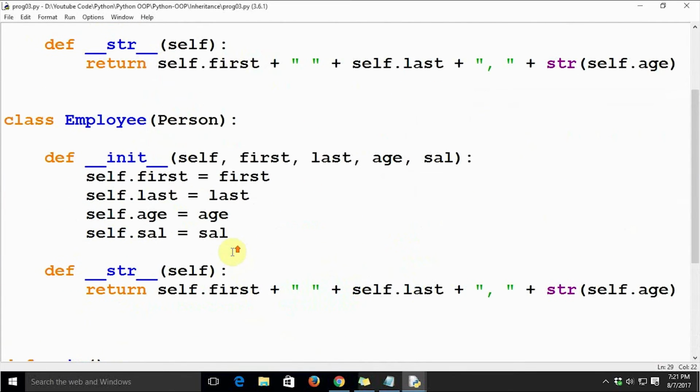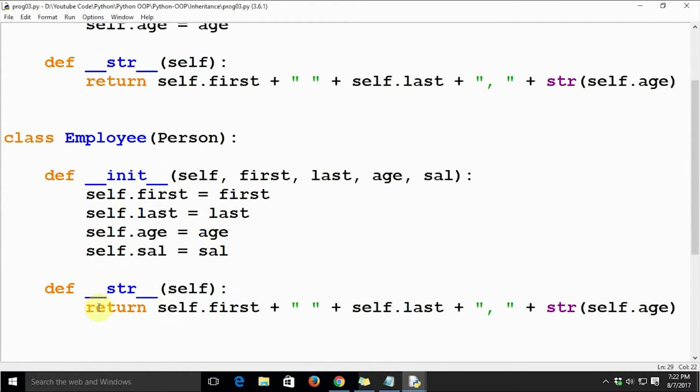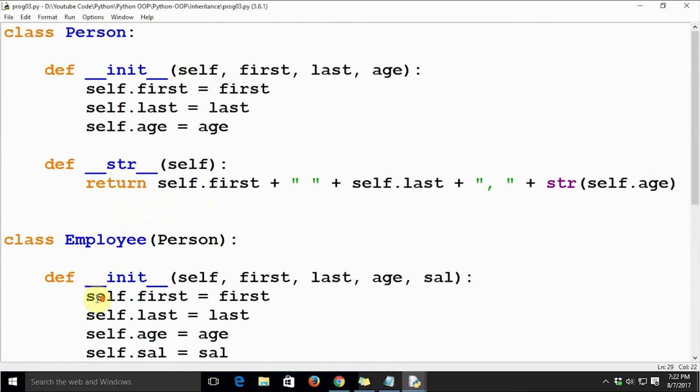Essentially we are just adding an additional attribute, and then processing that particular attribute. As you can see, the definitions of the methods init and str have been overridden. This is known as method overriding, which is a form of polymorphism.